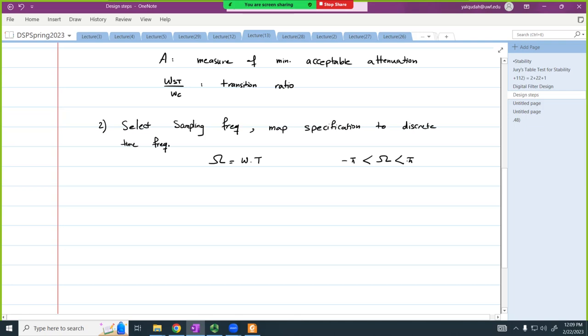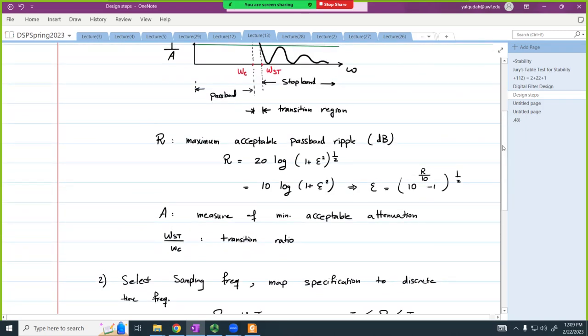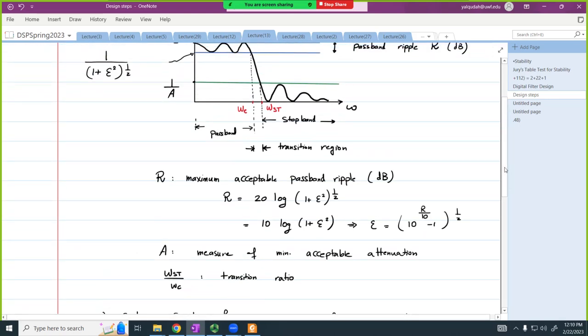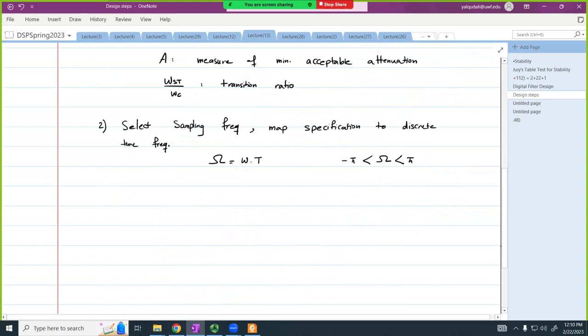So we started with this filter that I want my digital filter to emulate, to act like. So we have these specifications. I'm going to take all these frequencies and convert them to discrete time frequencies. So now I have all the amplitudes here, and I have the omegas. I converted omega c, omega stop to our discrete time frequency omega. Finally,